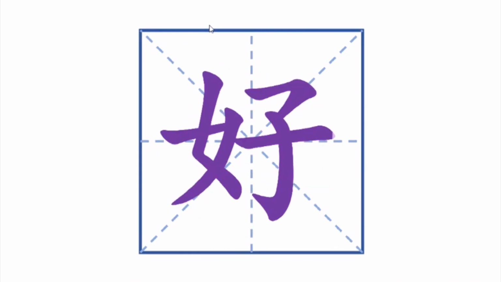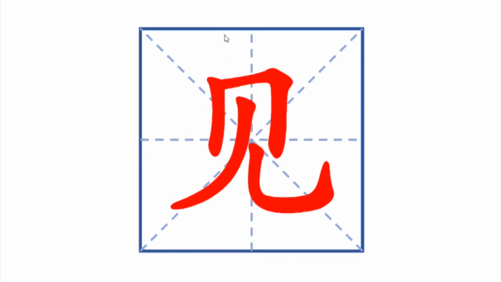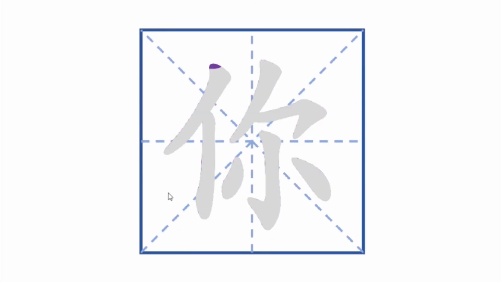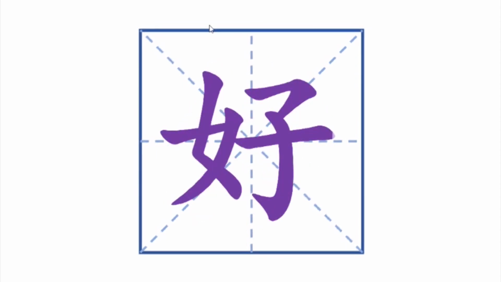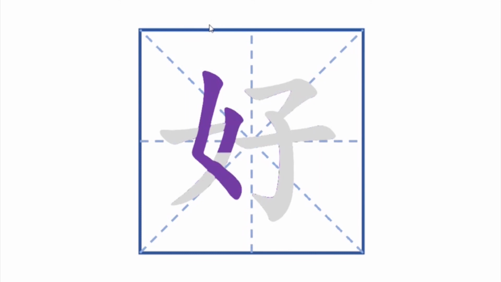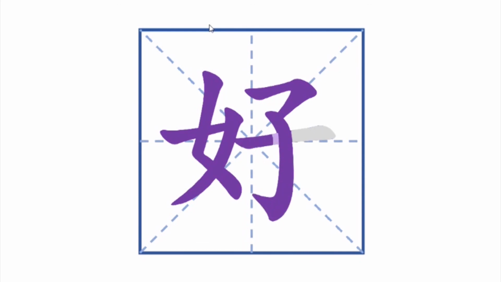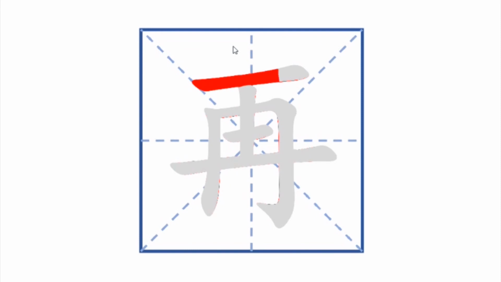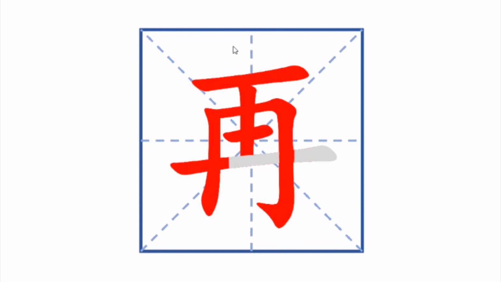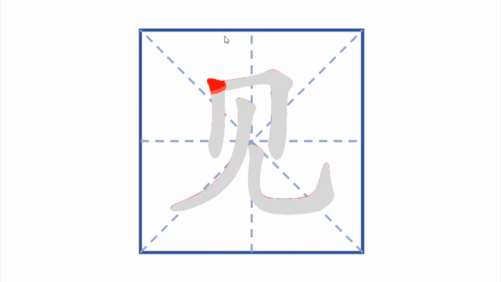Now let's take a look at each of the characters we have learned today and count the strokes together. 你 1, 2, 3, 4, 5, 6, 7. 好 1, 2, 3, 4, 5, 6. 再 1, 2, 3, 4, 5, 6. 见 1, 2, 3,